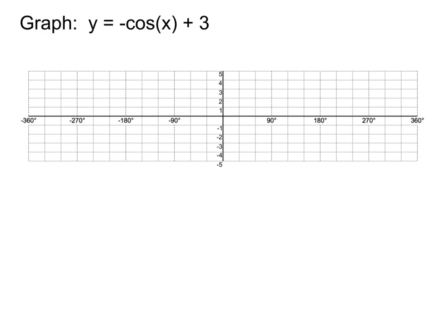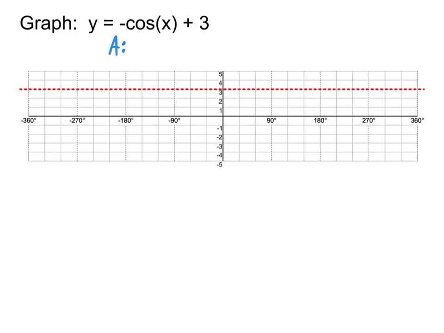So taking a look at this graph, the very first thing we need to do is draw in the midline. The midline, of course, is whatever we're shifting it up or down by. So in this case, we're going to put that dashed line up at 3. We then need to draw in our top and bottom lines. Now the top and bottom lines are affected by the amplitude. My amplitude here, it's whatever number is multiplied out front of cosine, but I'm going to give you a little